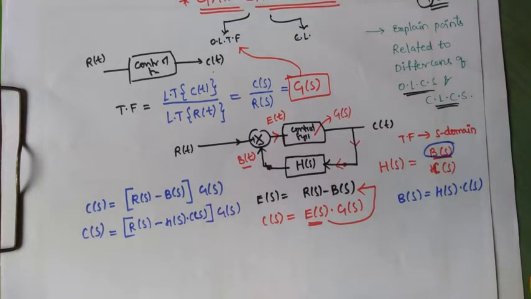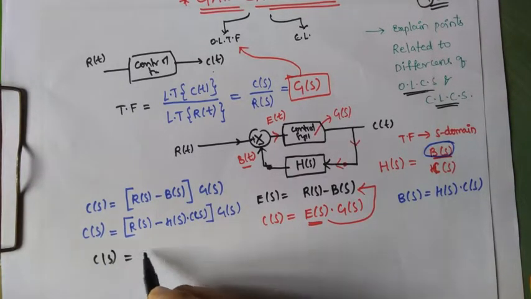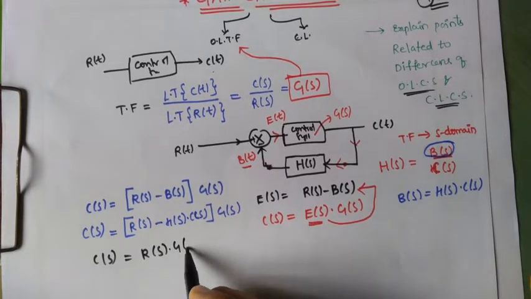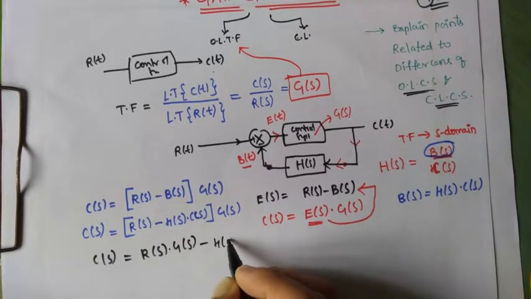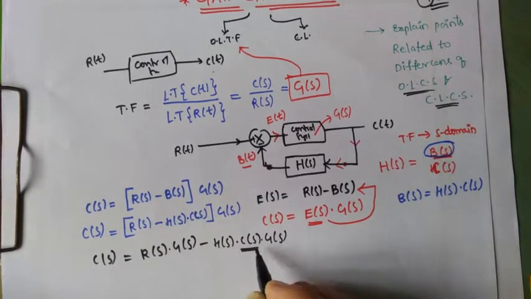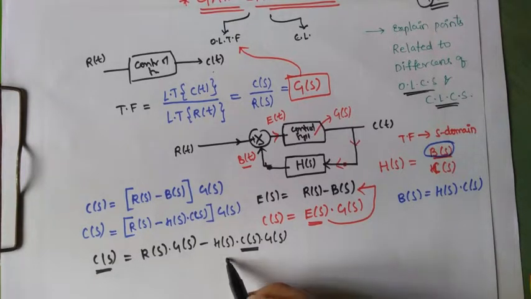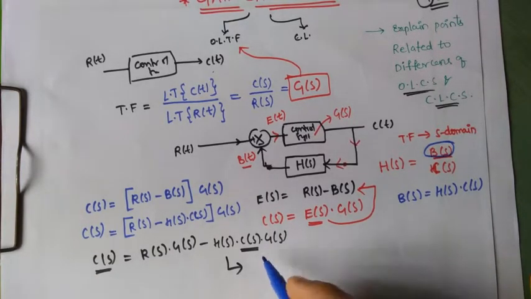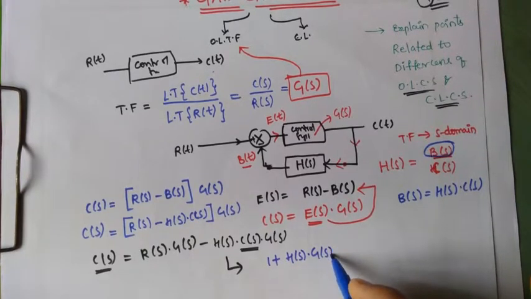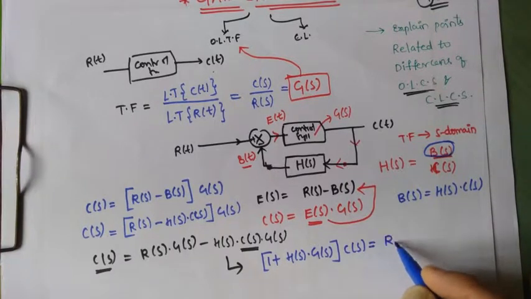Now you multiply the RHS part individually, so that you can write this as C(s) = R(s) G(s) − H(s) C(s) G(s). Now here also C(s), here also C(s). So take this part to the left hand side. Now this equation will be reduced as [1 + H(s) G(s)] times C(s)